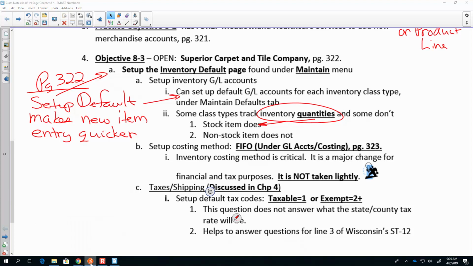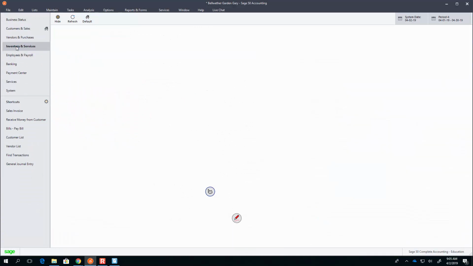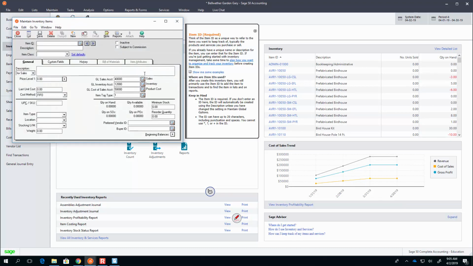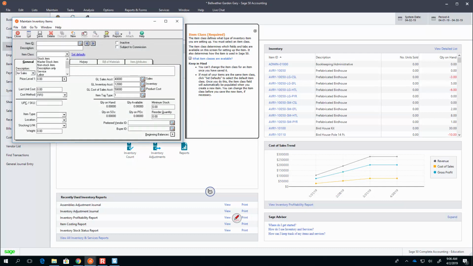So here I'm going to show you that. If I go under inventory and services and under inventory items, I'm going to click new. The type that they're talking about is this item class. So please know for your assessment or your case, what item class does inventory track quantities on? So right now, if I pick stock item, you'll notice that the quantity on hand, quantity available, maybe a UP sticker, unit cost is all there for us